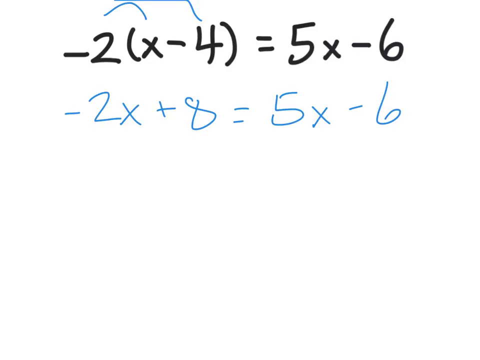Now we can start moving everything. In step 2, we want to get all of our x's on one side, so I'm going to do a plus 2x here to get rid of that. And I have to do the same thing to the other side, plus 2x. So now I have 8 equals 7x